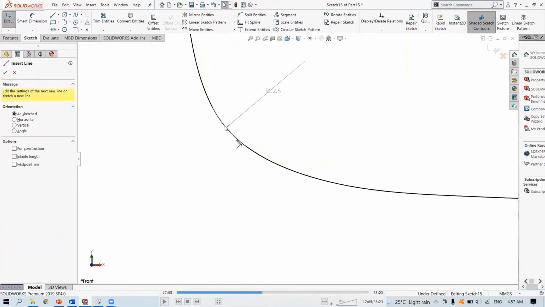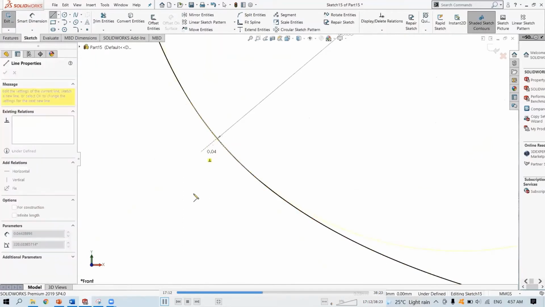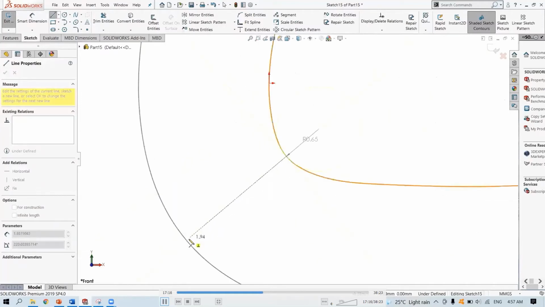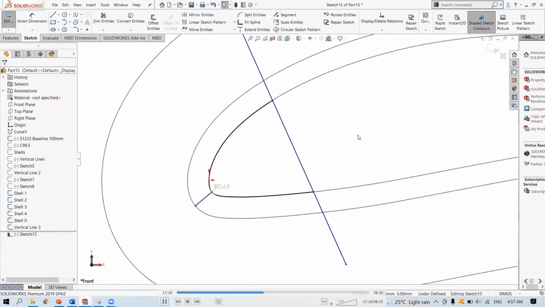So this will be your leading edge. Just eyeball it. That's good enough. Now I can just delete this.